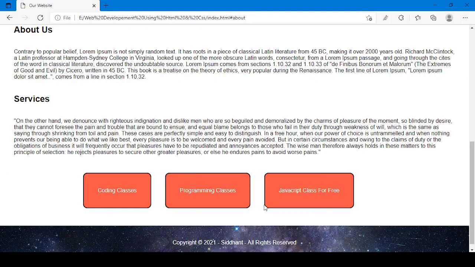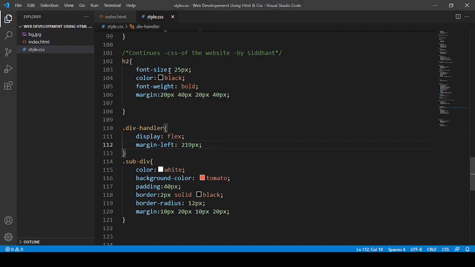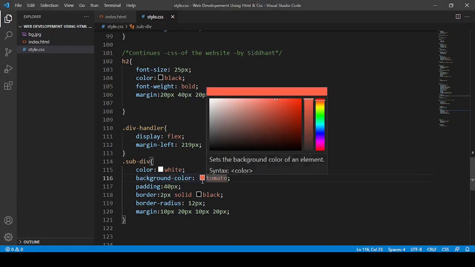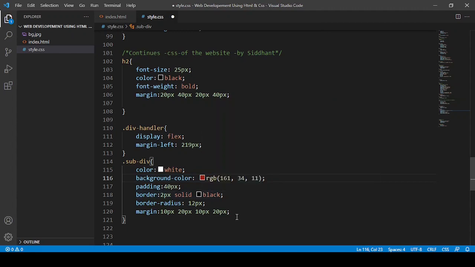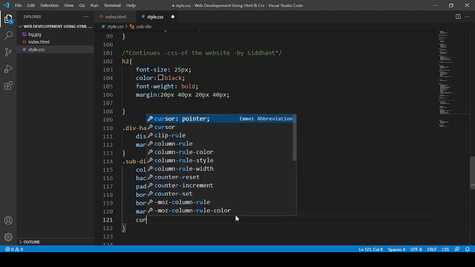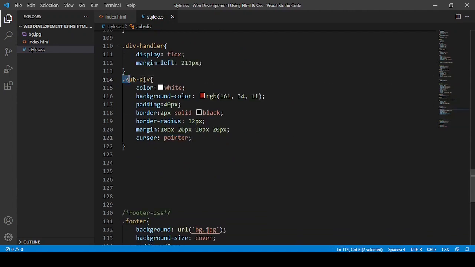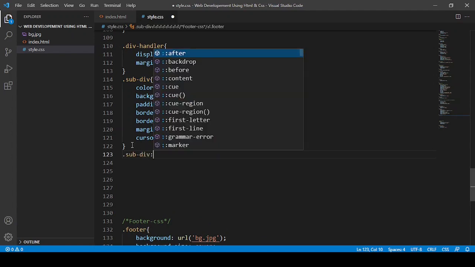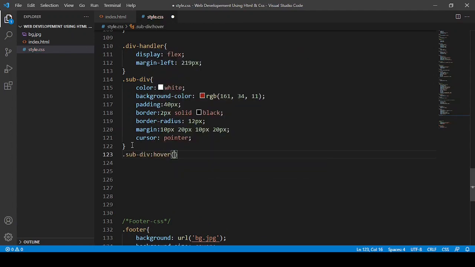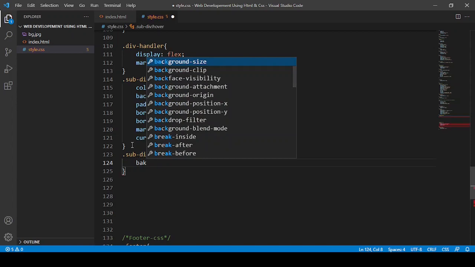But I want the cursor to be changed, so what I can do, and this tomato color is also not looking that nice, so I can give it something like this one, yeah. And I can give it cursor pointer, and now I want the hover effect. So here I can write this symbol, and then open the bracket, and to give the hover effect I want the background color to be changed completely.